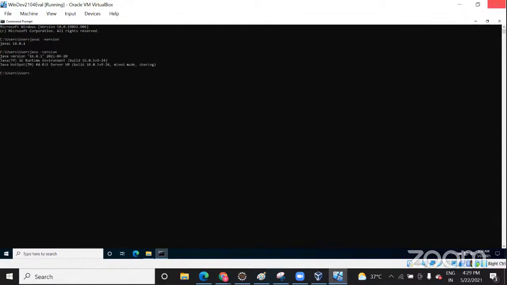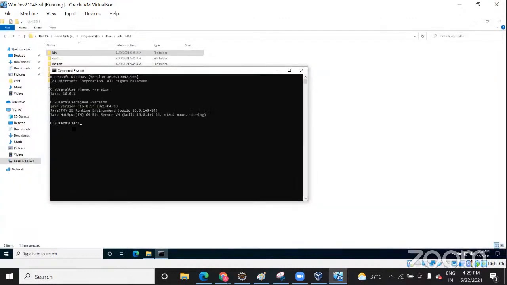So you can see it's now showing, right? Yes. Now you want to check what is the path name. So how are you going to do that? Echo Java underscore home. So it will tell you what is the path of this Java. When you press enter, it will show.